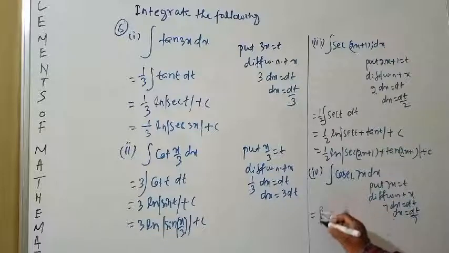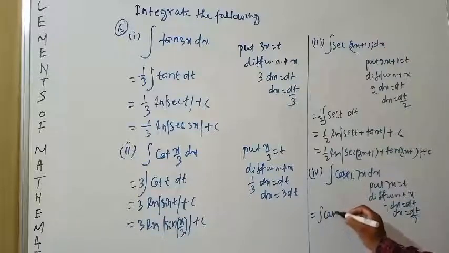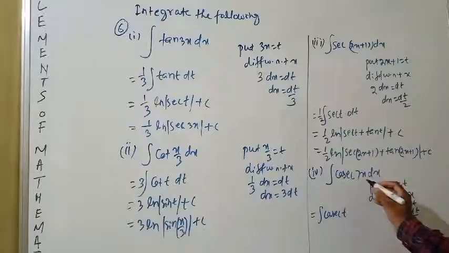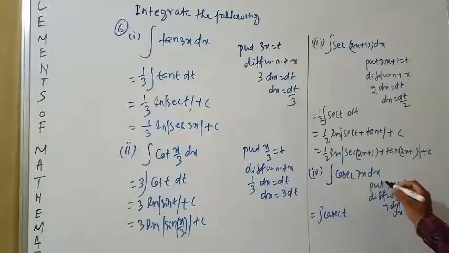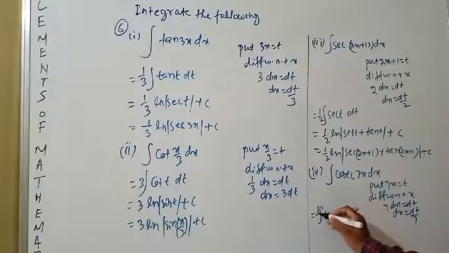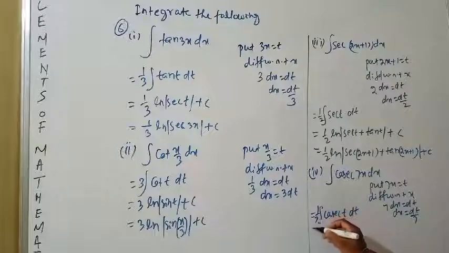Okay, is equal to cosec 7x, that is t, 7x is t and dx equal dt by 7. You write dt here and keep 1 by 7 outside,